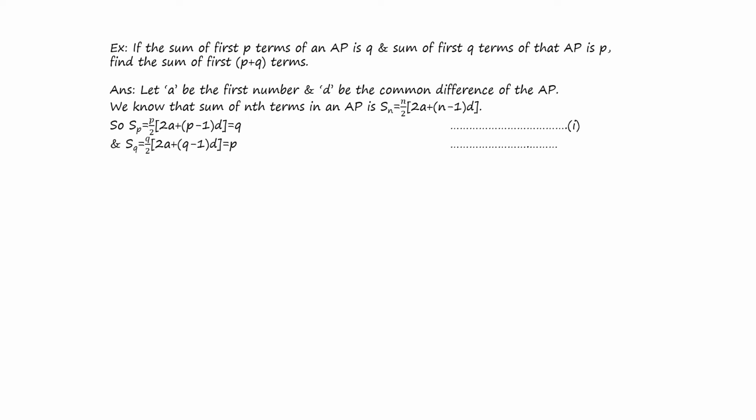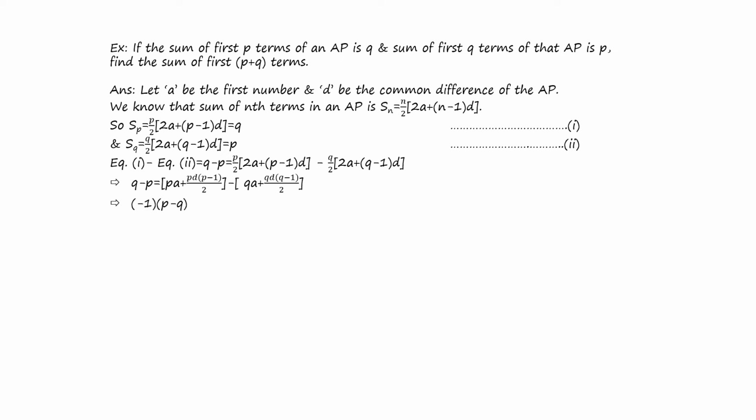And sum of q terms, Sq equals q by 2 whole into 2a plus q minus 1 whole into d, and this is equal to p. Let this be equation 2. So equation 1 minus equation 2 is q minus p equals p by 2 whole into 2a plus p minus 1 whole into d minus q by 2 whole into 2a plus q minus 1 whole into d, or